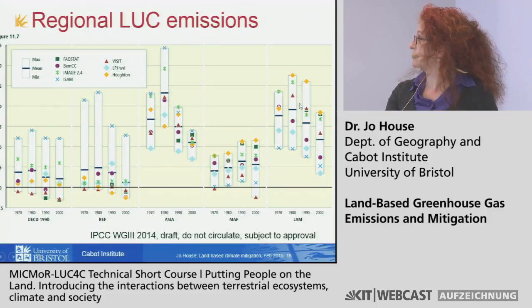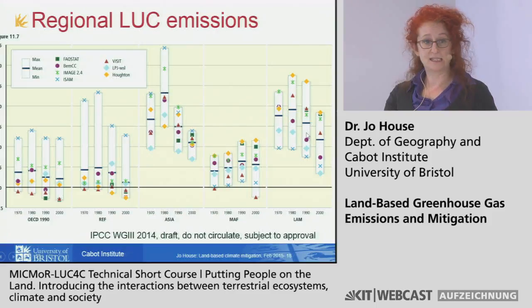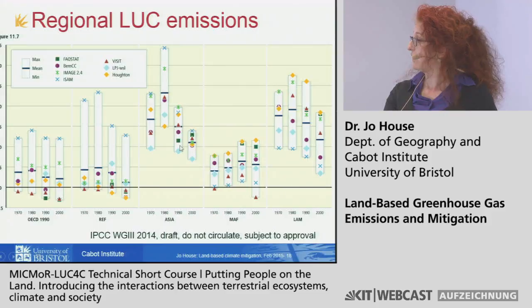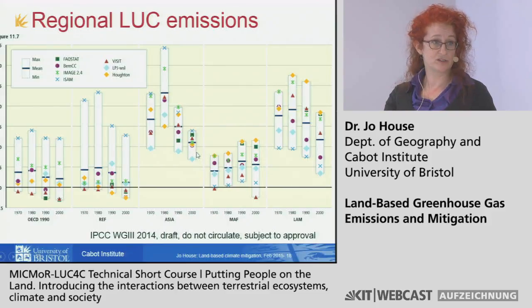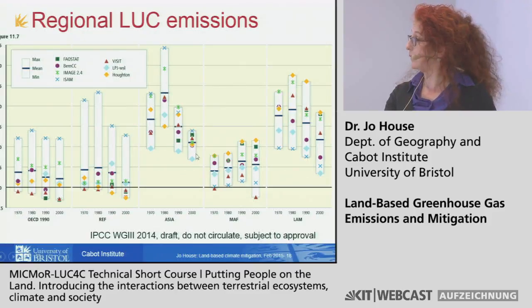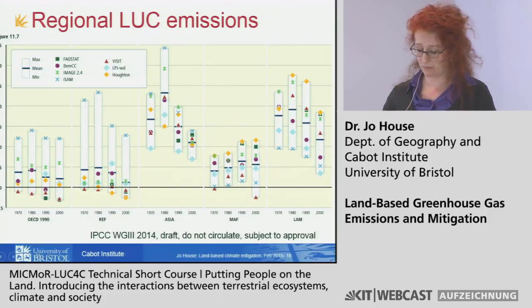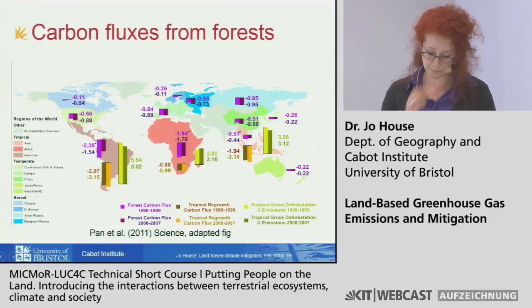And so there are some key messages here. The decline in net emissions in Latin America is due to a reduction in deforestation. There is a decline in net emissions in Asia, in part due to reduced deforestation in some places, but also due to a lot of afforestation in China and India. And in the OECD, the picture's a bit mixed. You can see in that region, some models are actually finding a net source from land use change, and some are finding a net sink. That's been to do with afforestation in different regions, but there's still a lot of difference amongst the models that needs to be unpacked.